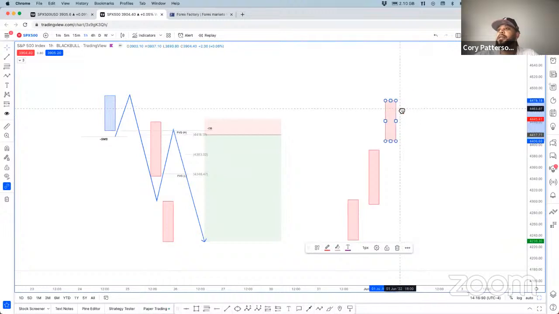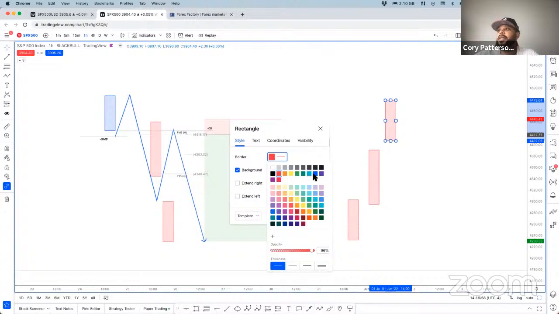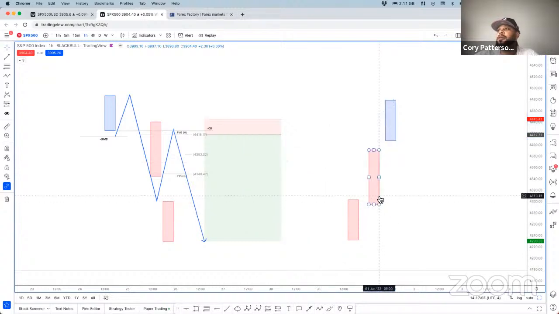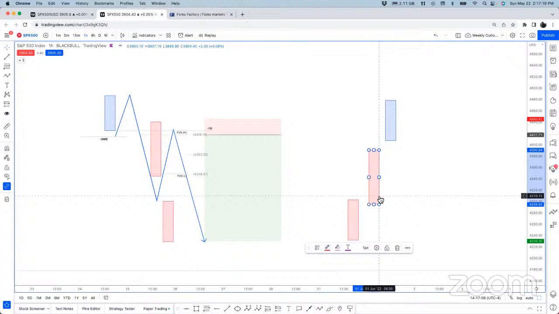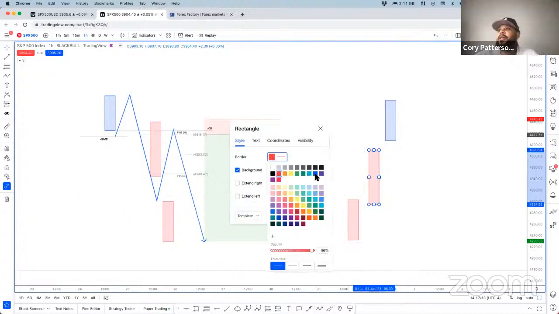And then order block or imbalance on the higher time frame, right? So in this case, it's order block. I'm looking for a move up, engulfing to create the imbalance,